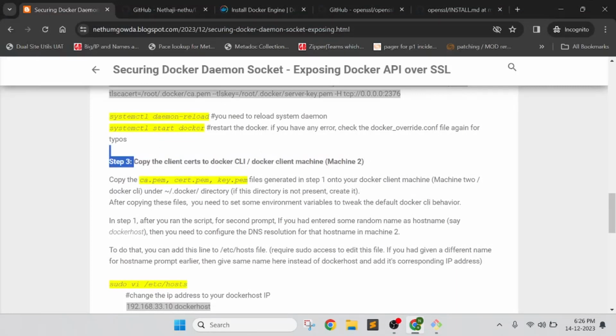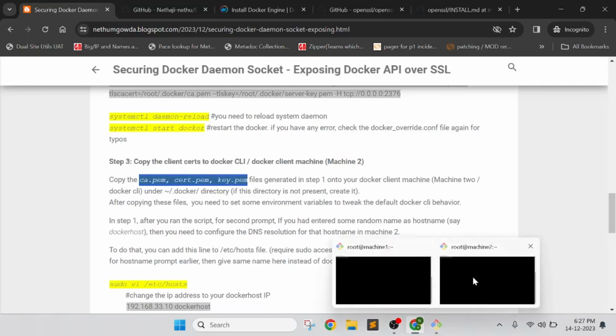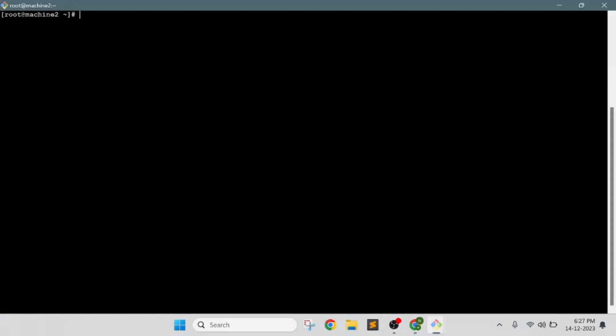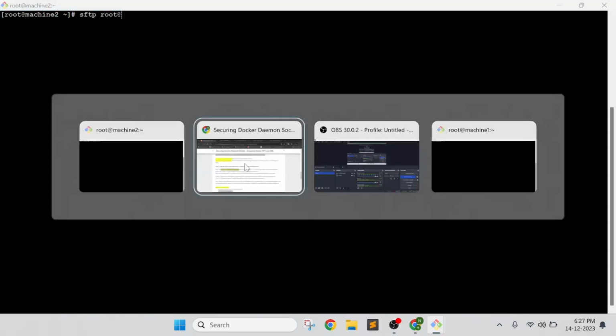In step number 3, we need to configure machine number 2, the Docker CLI or Docker client, in order to use the Docker daemon with SSL certificates. In order to do that, we need to copy these 3 files from machine 1 to machine number 2. On machine 1, these files are present under the /root/.docker directory. For this, I'm going to utilize SFTP on machine number 2, but you could transfer them via any other means that you like, maybe rsync, WinSCP, or SCP, any other tools for that matter. So let me just use SFTP now